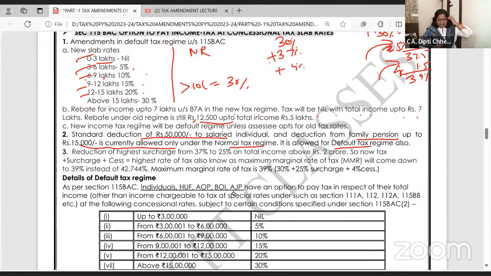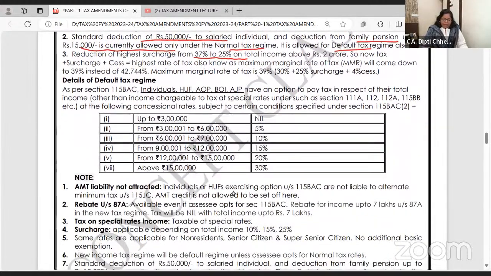Right. And then tax reduction. Highest surcharge rate 37% is reduced to 25%. Okay, only in case of default tax regime. If you are opting out of default tax regime and you are paying normal tax, then highest surcharge rate is 37%. Right? As per section 115BAC, individuals, HUF, AOP, BOI, AJP have an option to pay the